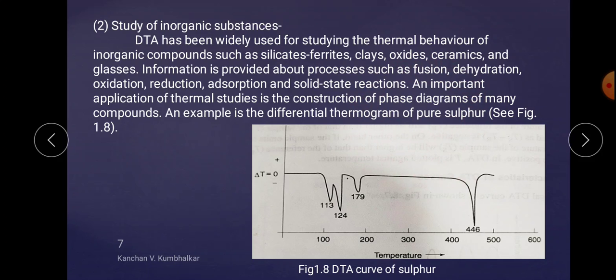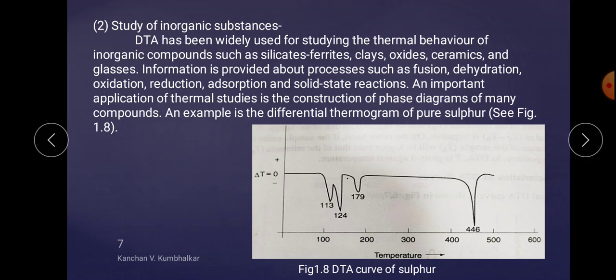We know that, for example, in the water phase diagram, there are three lines and a point which is known as the triple point. The triple point means what? At that point water coexists in all three phases, that is water as a liquid, water as a gas, meaning vapor, and water as ice, the solid phase. So the triple point is the pressure and temperature where all phases are maintained. So it is simply a graph between pressure and temperature in the sense of phases.